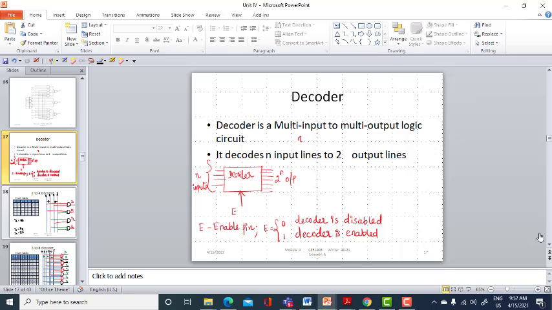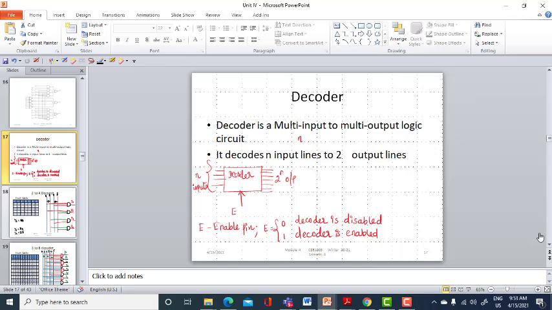Good morning. We are in unit number 4, and we have seen till now what is a magnitude comparator, and what about a 4-bit binary adder, meaning a parallel adder, and how to implement a 4-bit magnitude comparator in LTspice also, that we have seen in the last class.